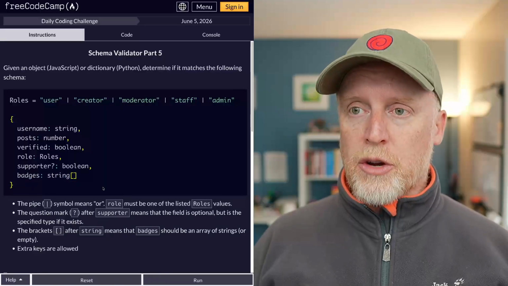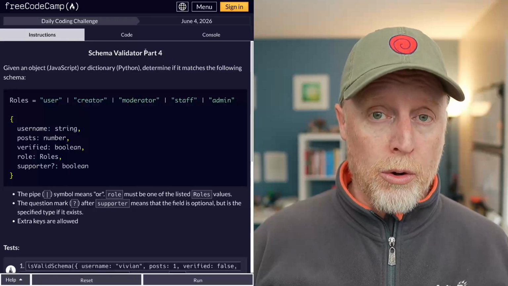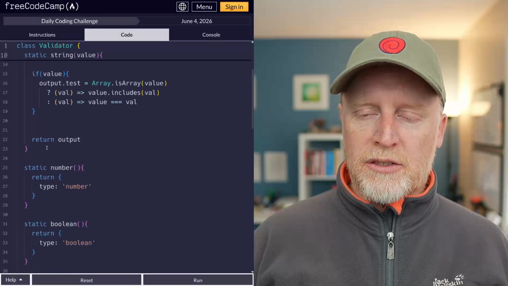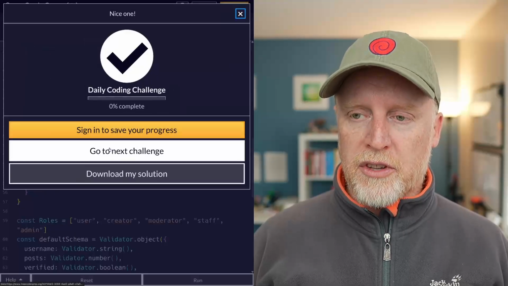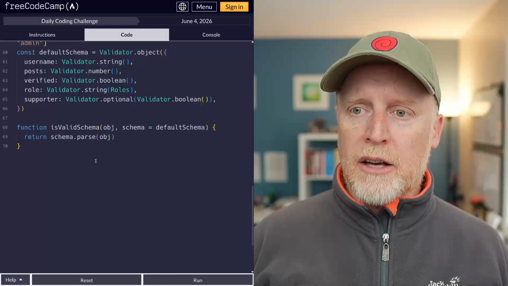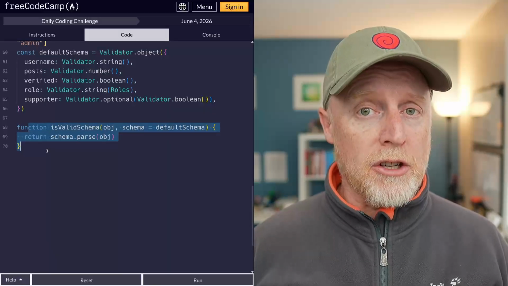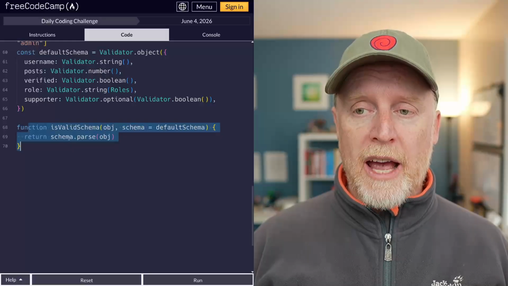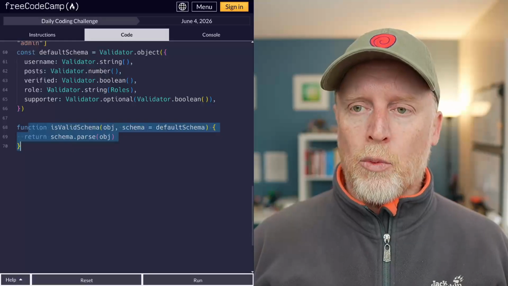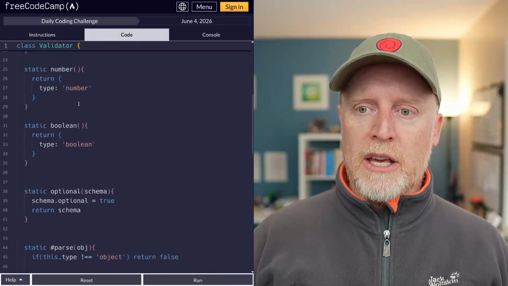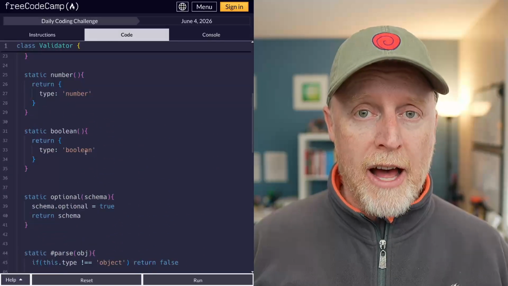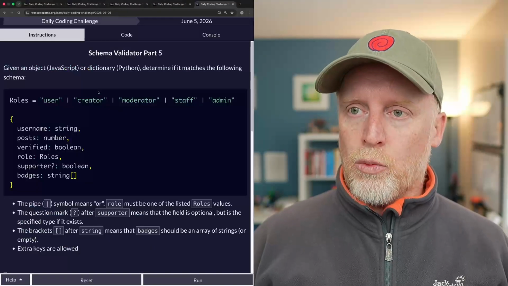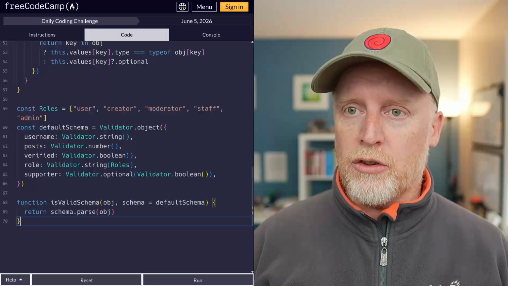So again, jumping back to our part 4 code, this is where we left off. We had a validator with each of these static methods that allows us to build this out, and it works great. Because of that, our main function is only one line, and we never touch this. You'll see that even today. We don't do anything inside of this main function body. We update the schema a little bit, and then we update the methods inside of our class, and that is it, right? So grabbing all of this, copying it over right here, just as a way to start it out,